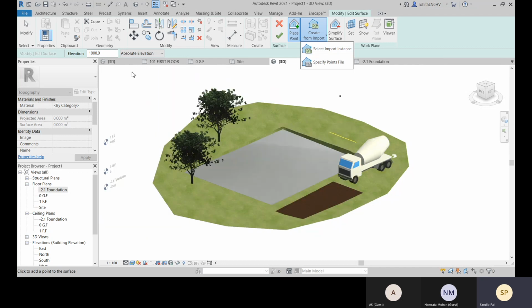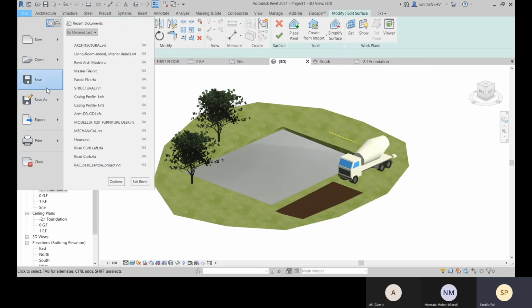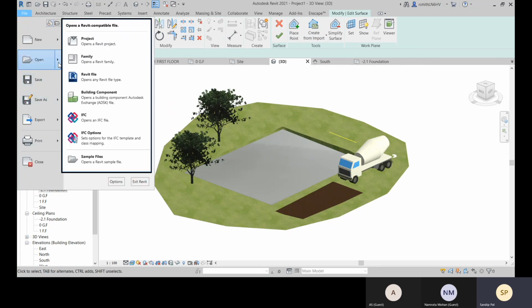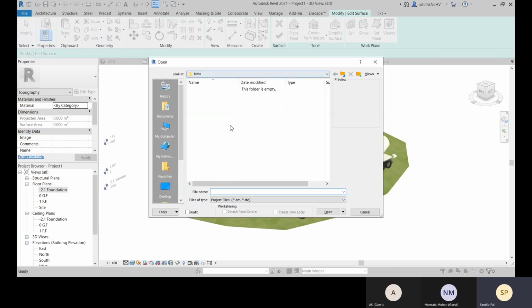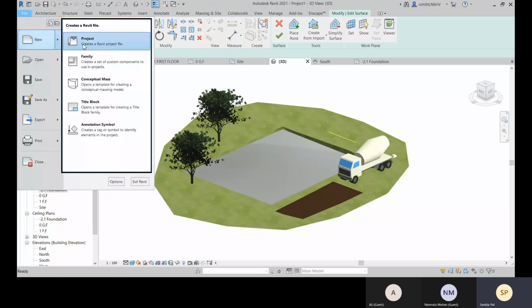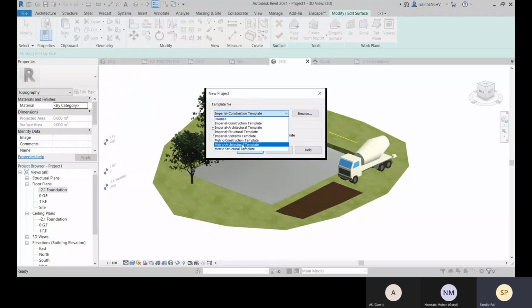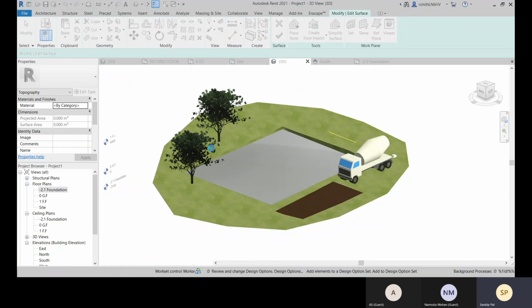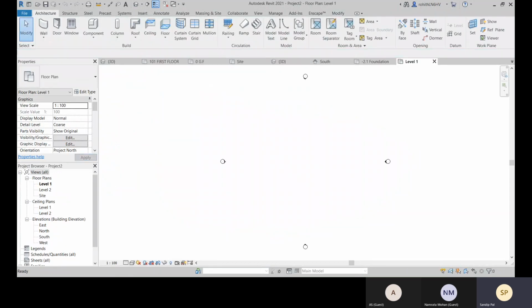I have one. For that, let me just create a separate new project. Let me check if I have one.